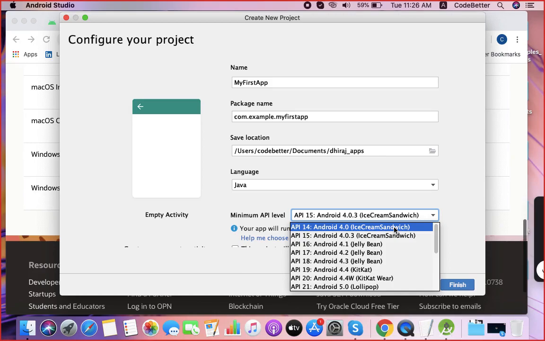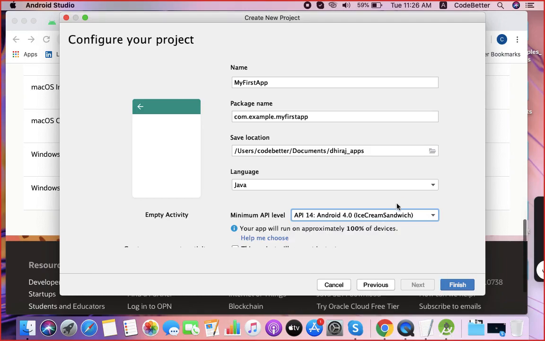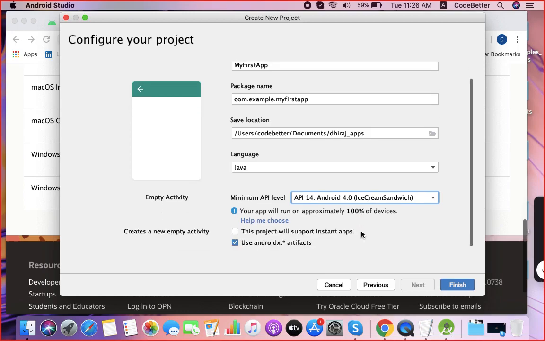I am taking the minimum available in the market, which is Android 4.0 Ice Cream Sandwich. If you choose Android 4.0, your app runs on approximately 100% of devices. It means all the Android phones in the market are using at least Android 4.0 nowadays.